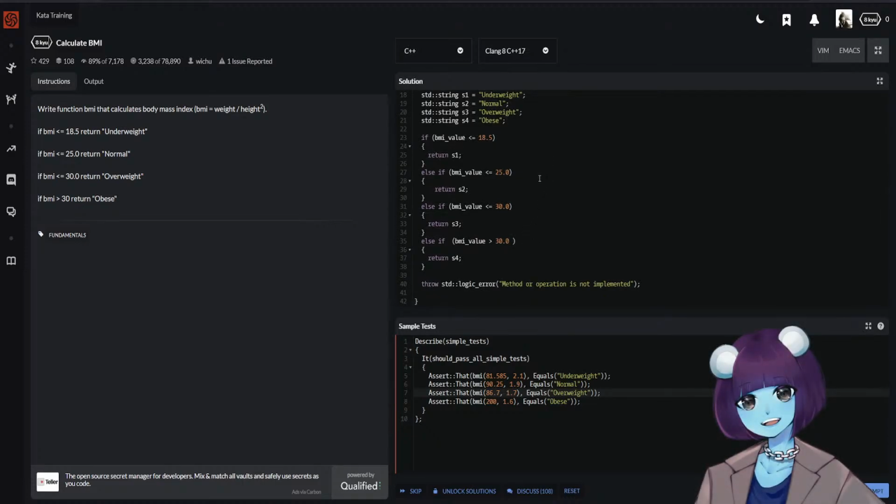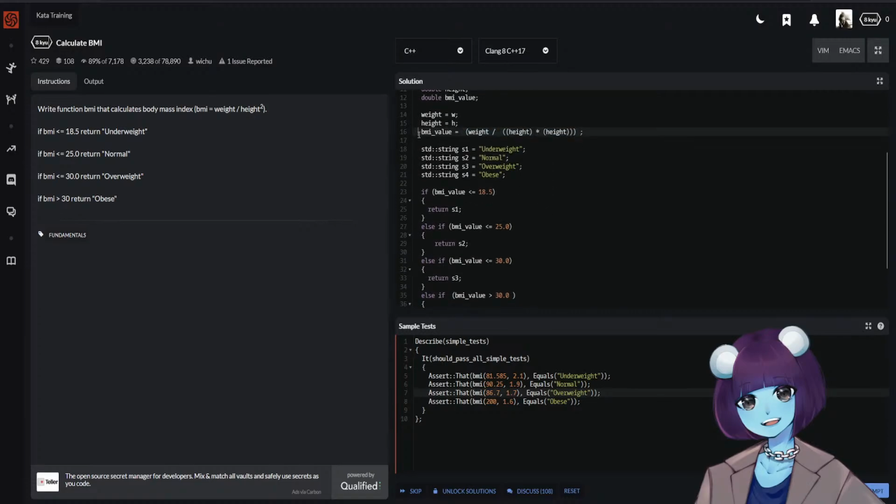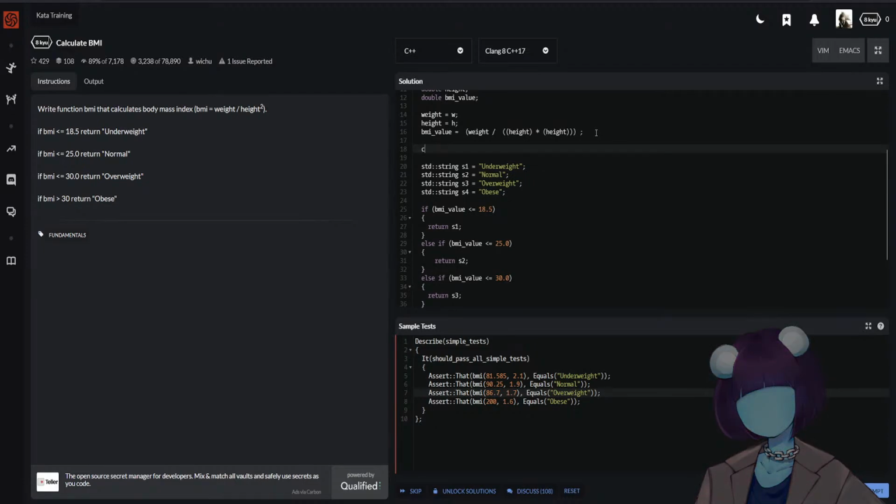I don't know how to print the values though. I tried earlier and I couldn't get it because it said it's expecting a string instead of